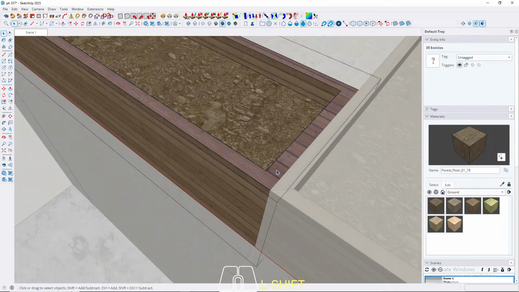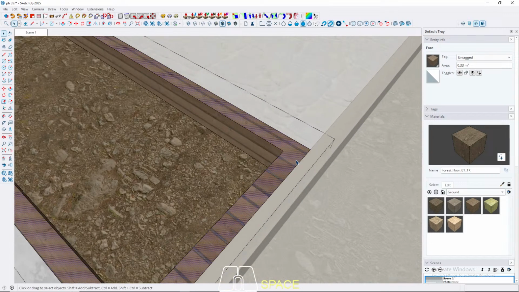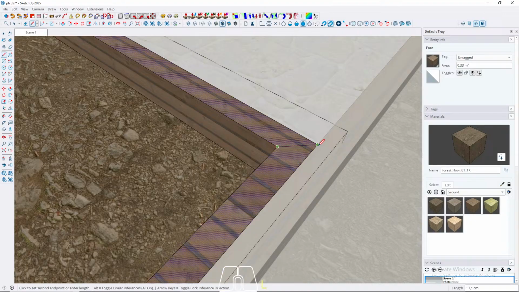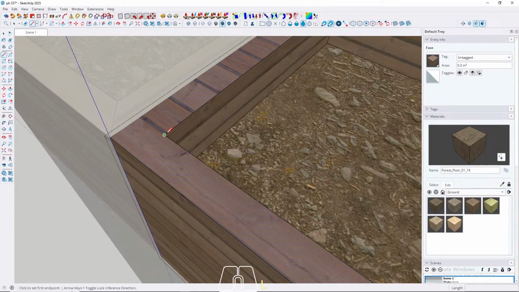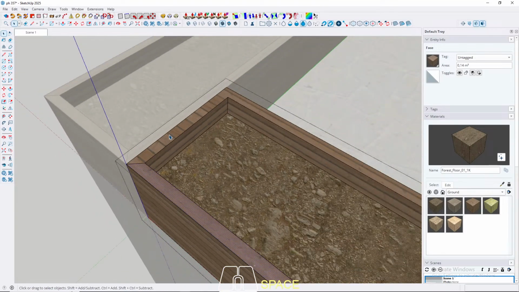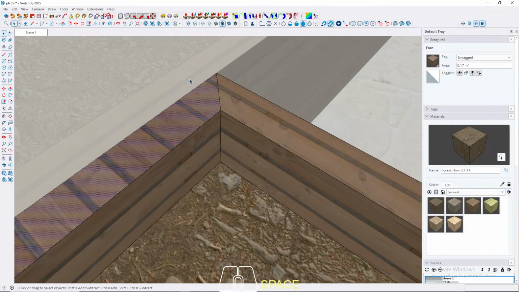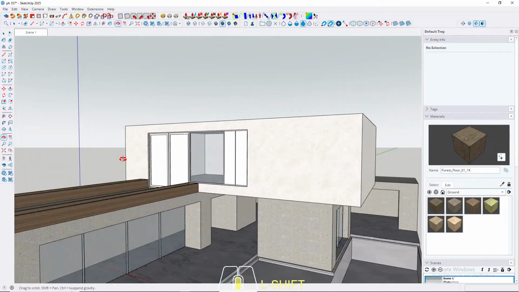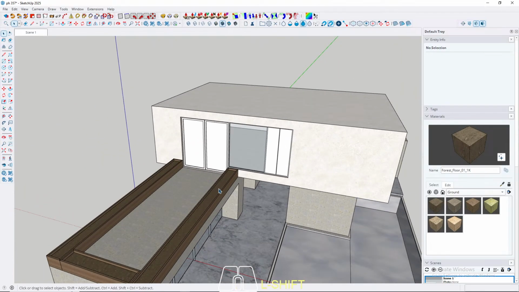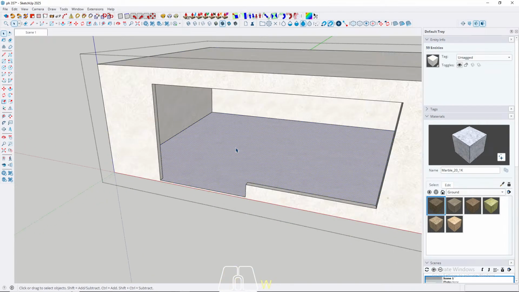Then we have to adjust another planter box to make the texture more realistic. Oops. Okay. Now that looks better, and we need the same material for the floor. Also apply on this room,